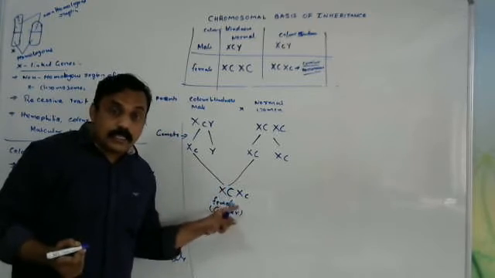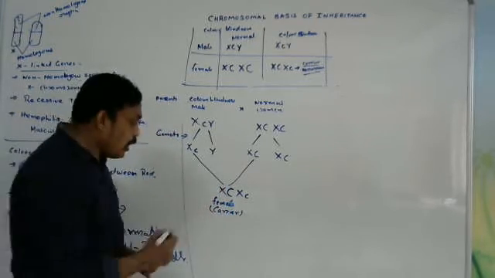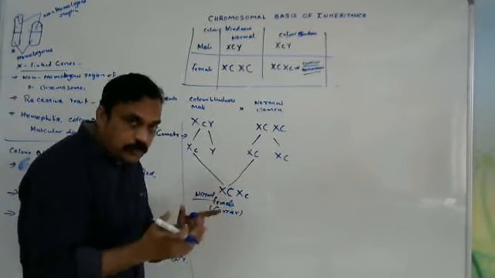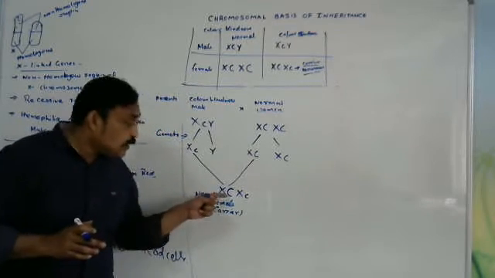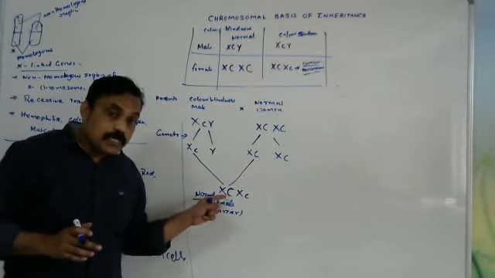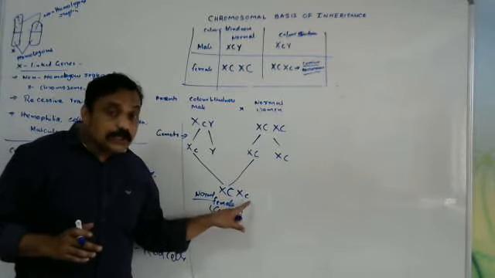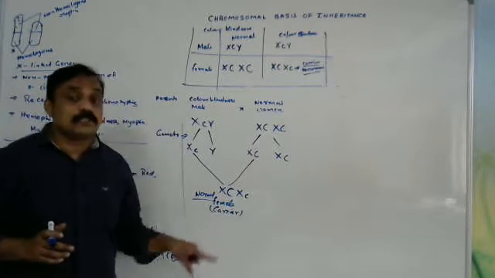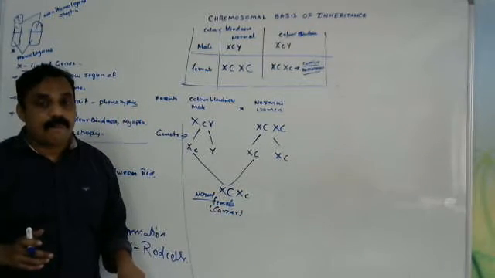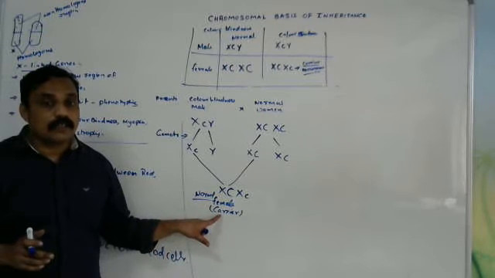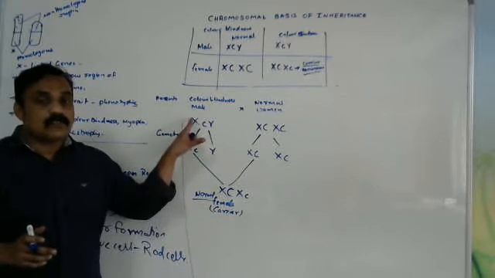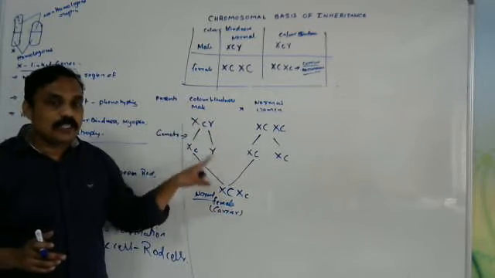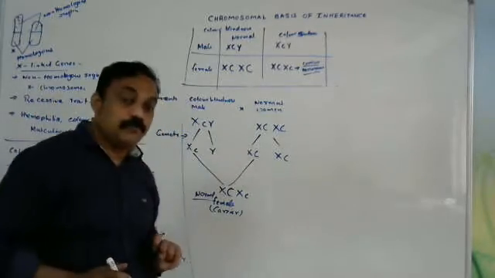She is normal only, not phenotypically affected. Phenotypic means she is born normal, because here the dominant character is color sensitive, capital C. But genotypically one more character is there, the recessive character, small c. So she is a carrier. This recessive trait is transferred from father to daughter. Remember that point: father to daughter.